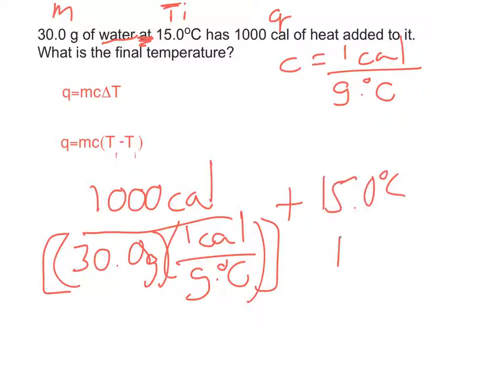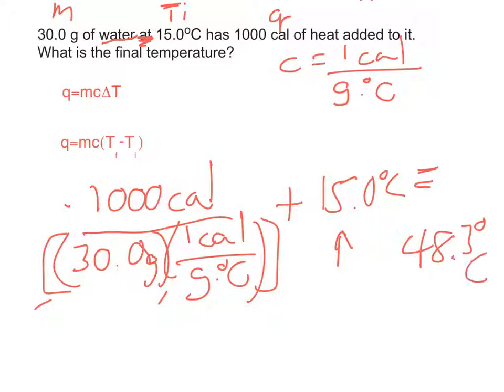So this is the TI that we had earlier, the Q, the M, and the C. Once you run all the numbers in the calculator, you should end up with an answer of about 48.3 degrees